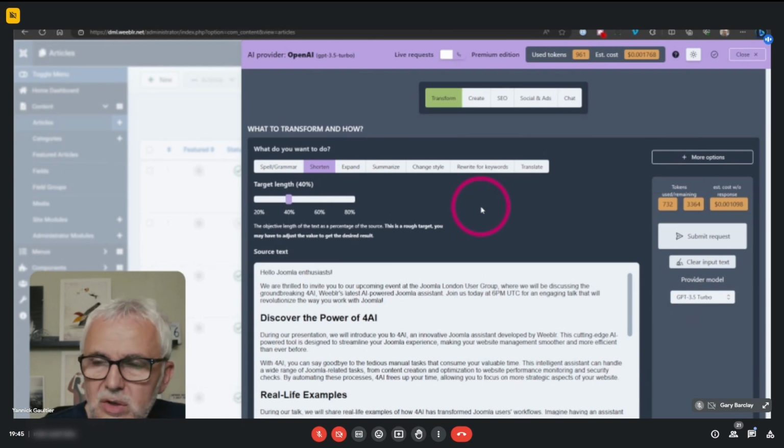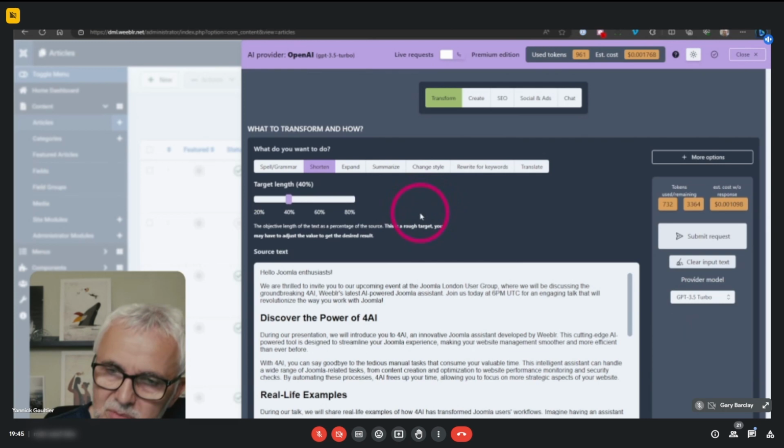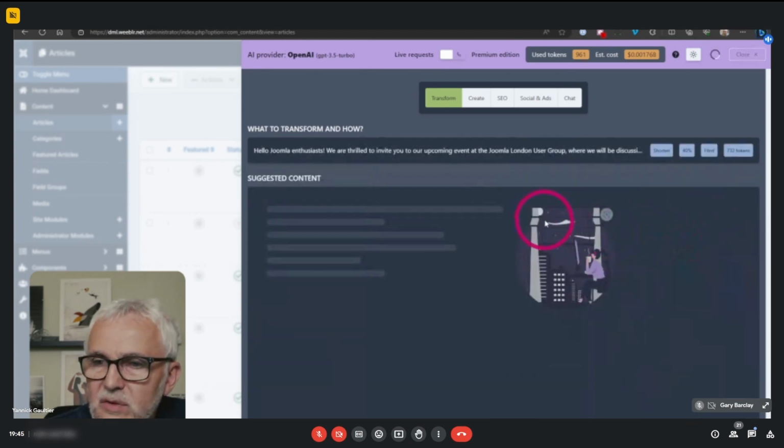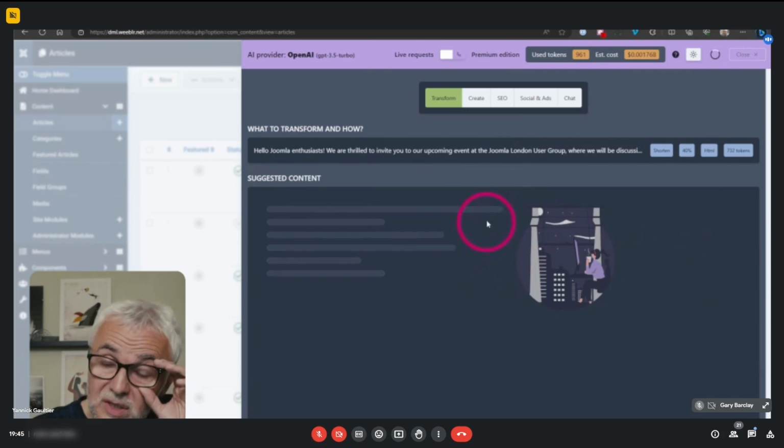They're going to be longer, shorter, whatever. They kind of decide. So the prompts that 4AI sends have been refined so that you get decent results, but it's never going to be exactly 40% of the initial size of the content. But it still does something, hopefully.